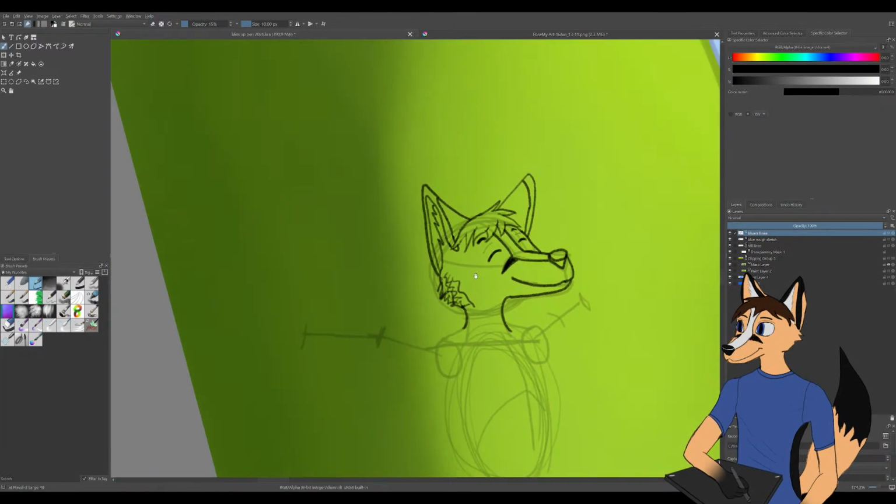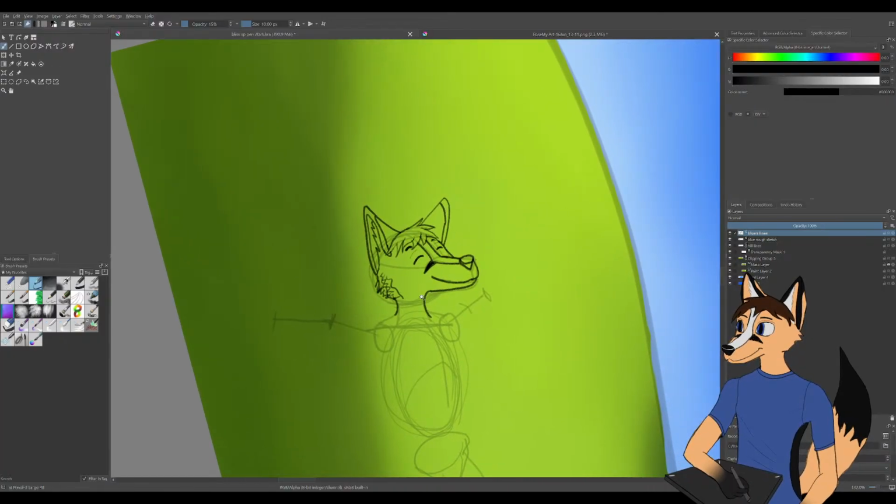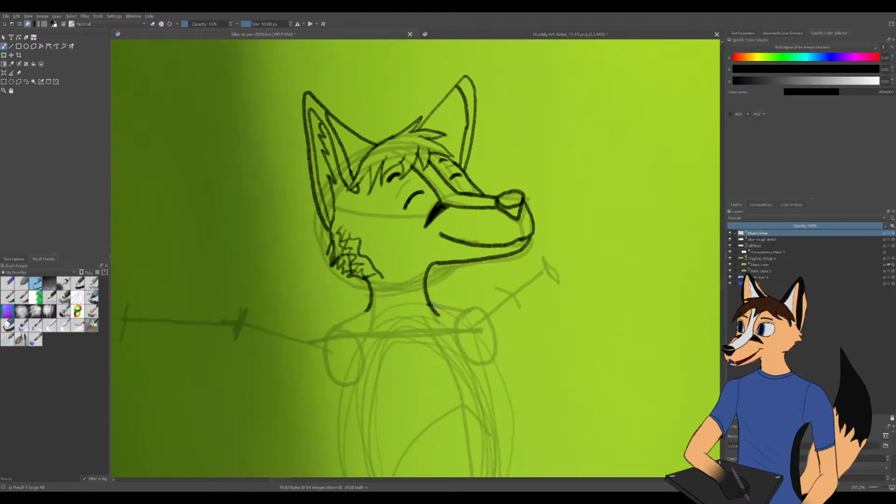But yeah, fur, hair, they're both pretty difficult for me, but at least I have a rough idea with fur. With hair, I just straight up don't know, so it's kind of difficult for me.